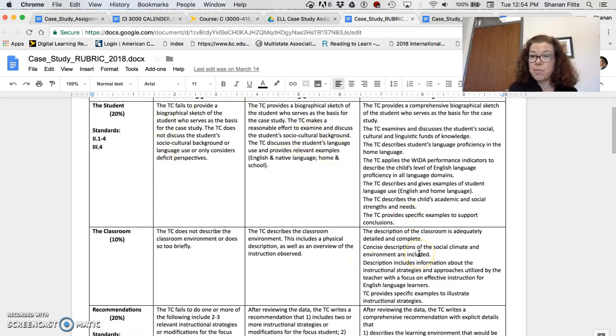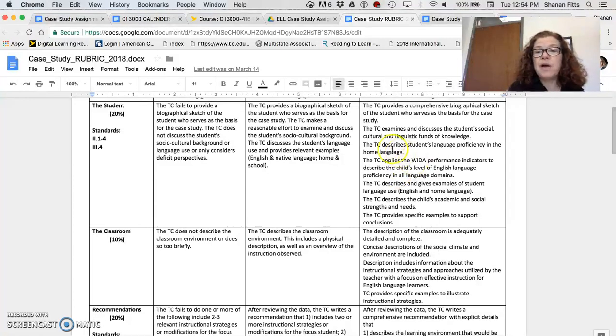So for an example, you might think about how your teacher, what their approach would be with regards to behaviorism, nativism, or interactionism. You might think about how the affective filter in your classroom is, and to what extent students are provided with opportunities to interact with one another,